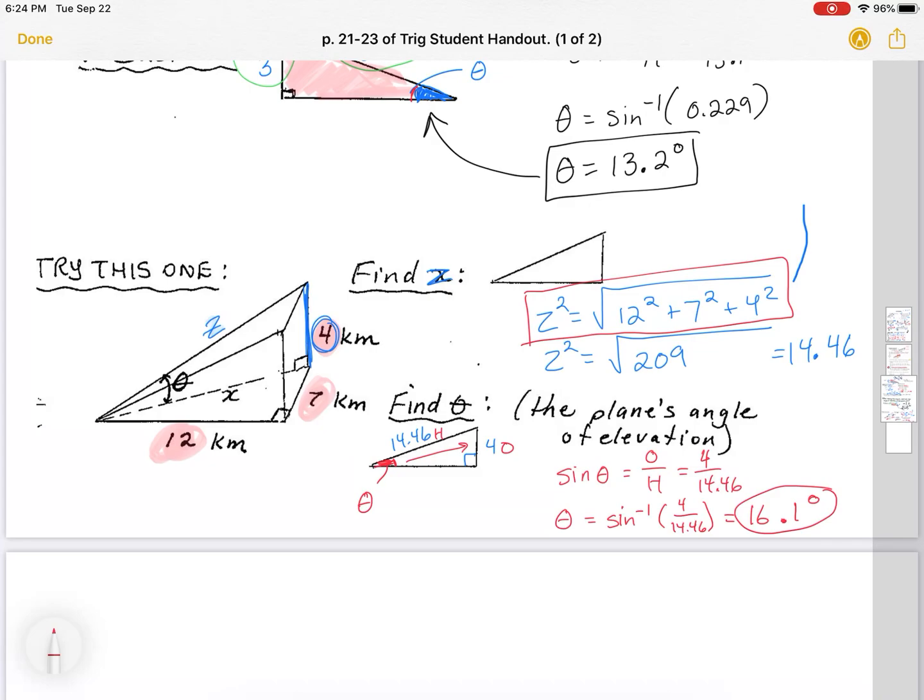Find the z. Don't worry about finding the x and then the z. Use your expanded Pythagorean, okay? If it wants you to find x, you could do that. You could take your Pythagorean and find x. I'll be happy if you just find z and the angle of